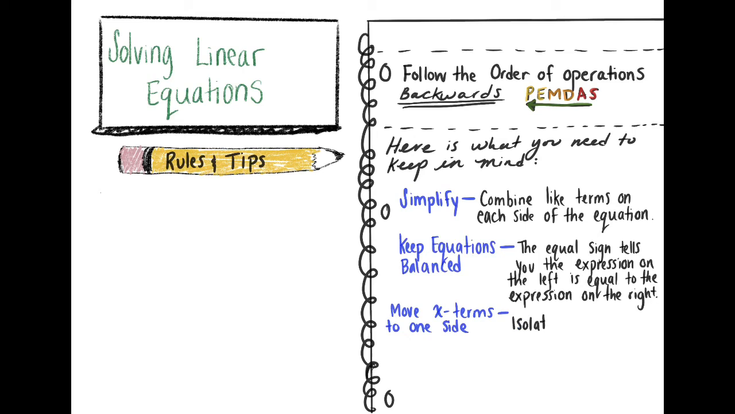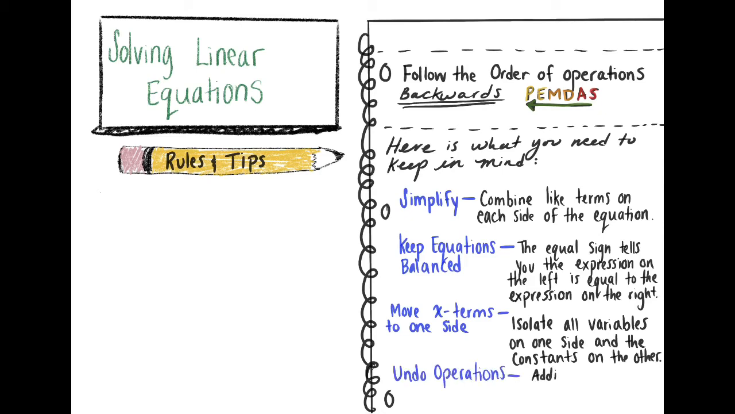Now, your goal is to move the x terms to one side of the equation because you're solving for x, or whatever variable you're solving for. So you want the x to be by itself, and then the equal sign, and then whatever constant on the